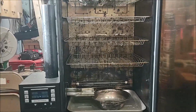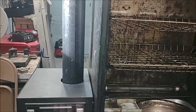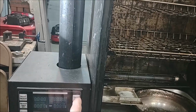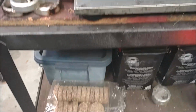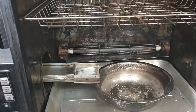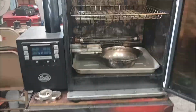So what was happening was the oven, I would set it at 235, let's say 230, 240, somewhere in there. This is the oven side, so that's this element back here. This side controls the burner, and you have these wooden biscuits, which you load up through here, and then it kicks them out on to this plate. But I like the whole idea of being able to walk away, program it, walk away, and just come back